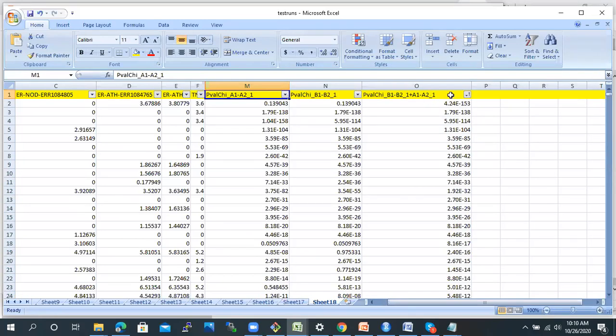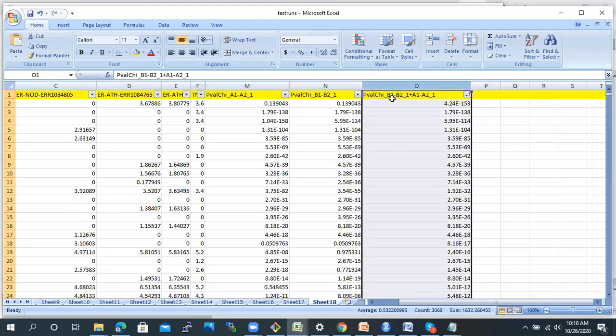The last column indicates the comparison between A1 A2 and B1 B2. It considers one class as B1 B2, that is the breast cancer subtype triple negative, and the other class as A1 and A2, which is ER positive.